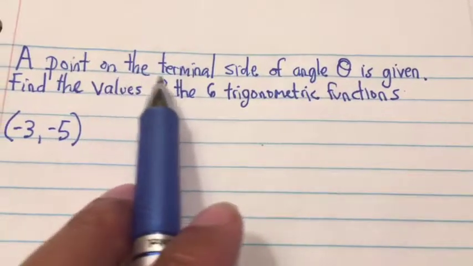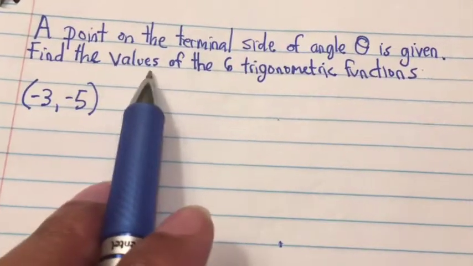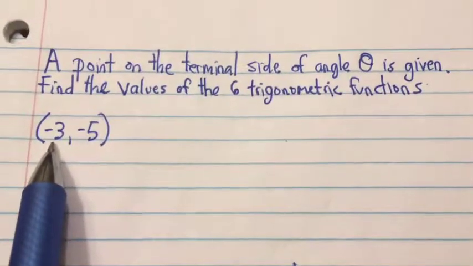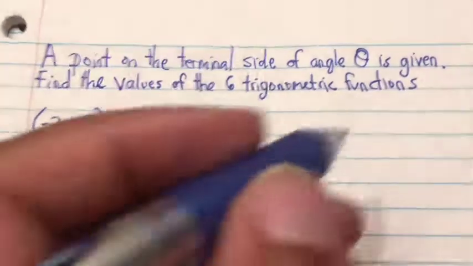A point on the terminal side of an angle theta is given. Find the values of the 6 trigonometric functions. And the point we're given is -3, -5. So we want to start off by making a sketch of this